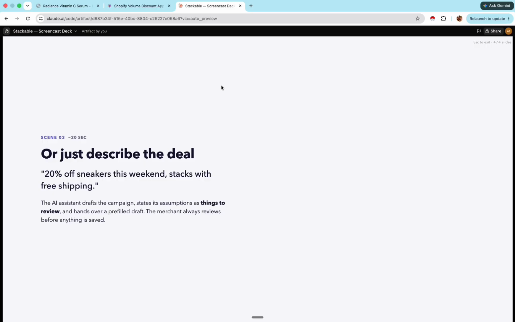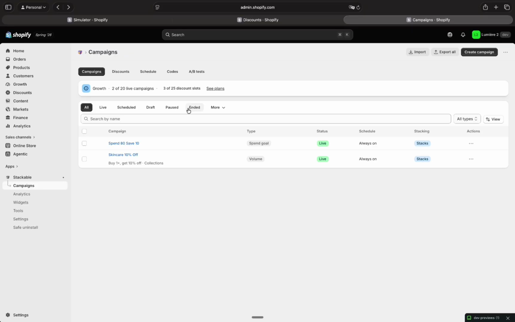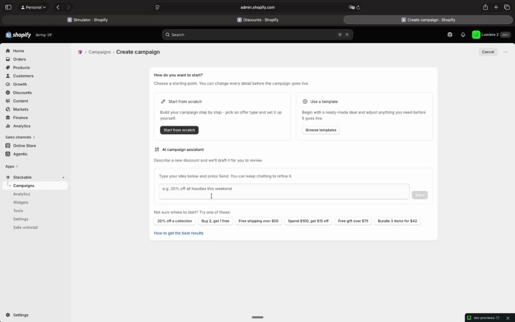Now comes the interesting part, which is of course a paid feature. But if you want to run a discount, you don't have to think a lot. You can just use something like "20% off sneakers this weekend, stacks with free shipping." And if you go here, create a campaign, and I'm going to put the exact same thing here in the